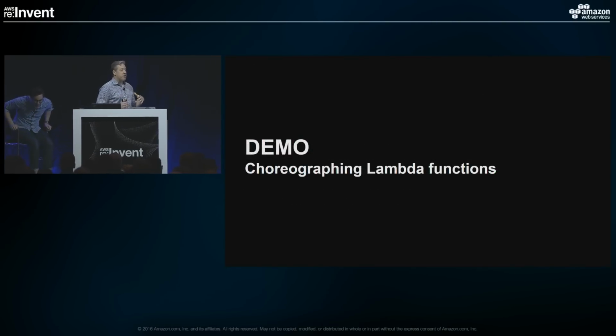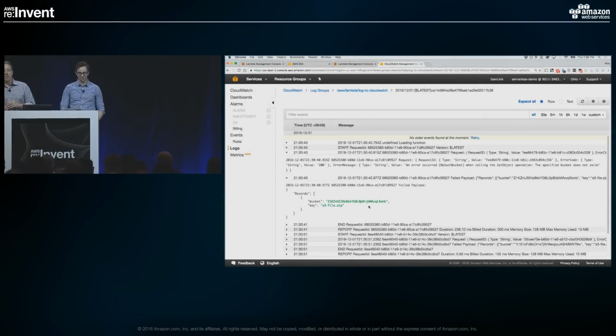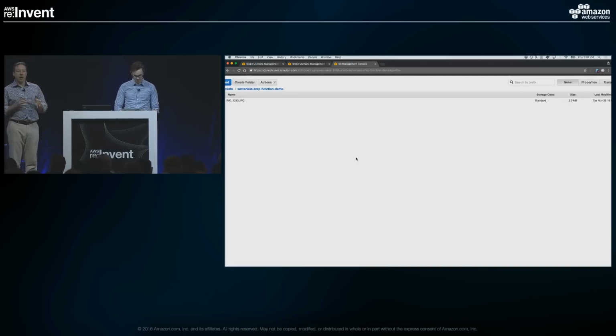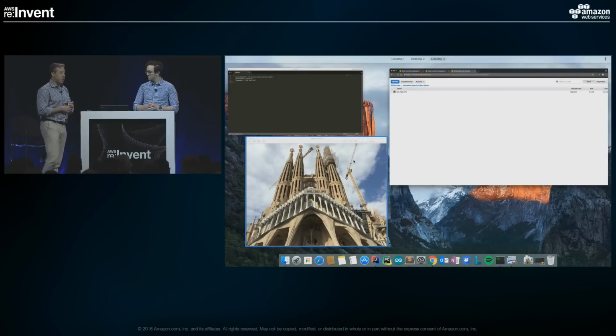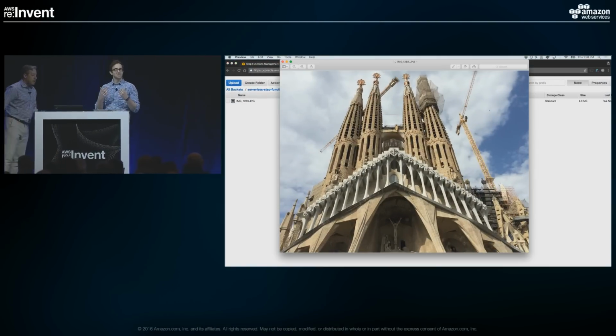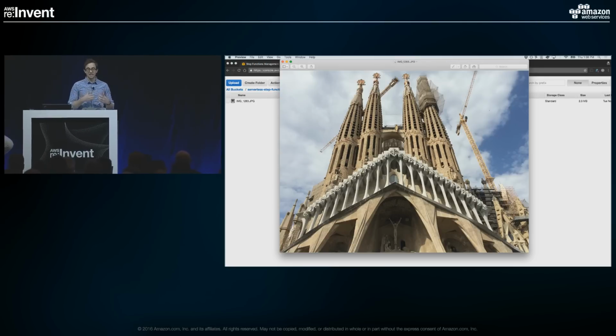And now I'm going to ask Rory to join me one last time here. We're going to take a look at one of these examples in particular, the one where we want to be able to take an image and do multiple kinds of transforms to it at once. Awesome. Thanks, Tim. So as Tim said, I'm going to go through a super simple demo of taking step functions.